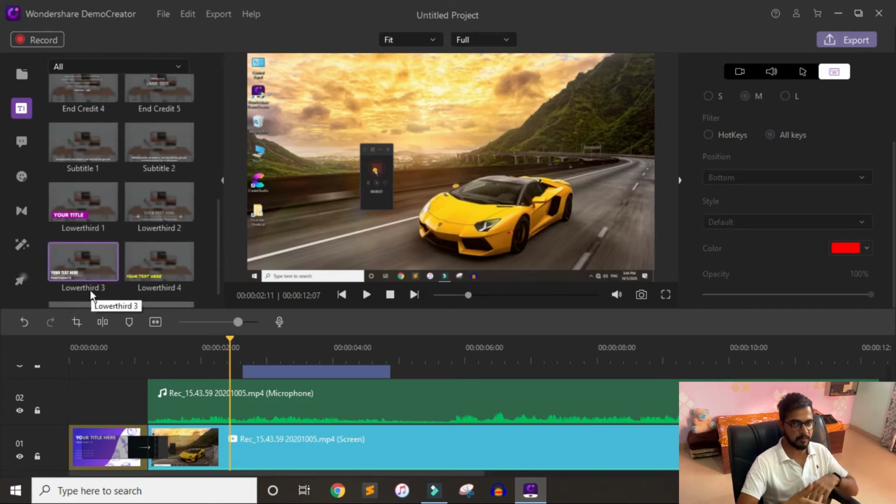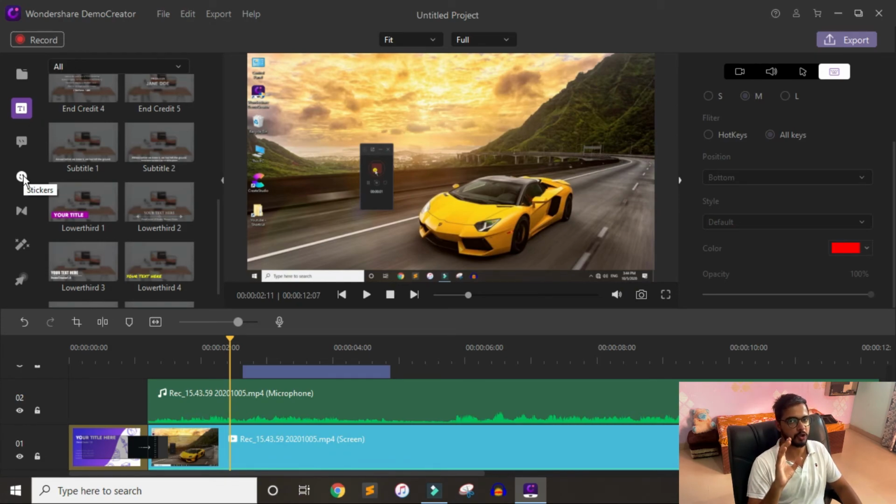Now, comparing with other software, although I have already created a specific video comparing all the Wondershare products, for this software, I mean, if I told you that Filmora Screen is out of the game. If we compare with Filmora 9, consider Filmora 9 an upgrade to this Demo Creator, because Filmora 9 has more and better text templates. Everything is better in Filmora 9 except one thing, that is screen recording.